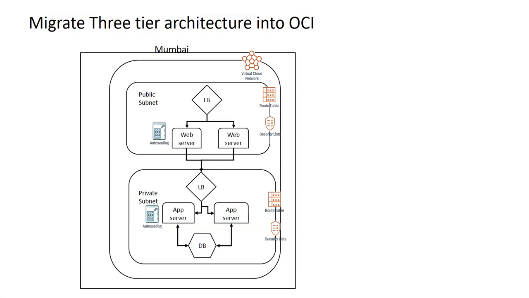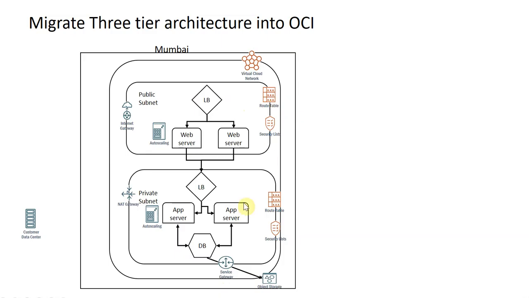So we'll define the security list here, and we'll define the route table. Route table defines how the access happens from the web server to the outside network, where the gateway comes into the picture. So we have three gateways we have defined here: one is the internet gateway, NAT gateway, and the service gateway. The web server which wants to connect to the outside network has to go via the internet gateway, which